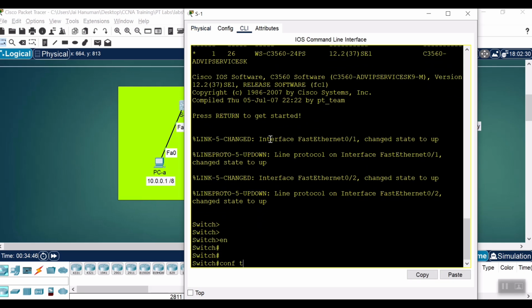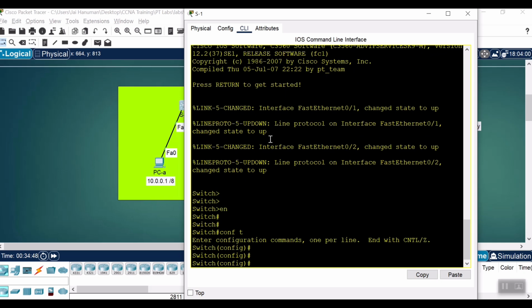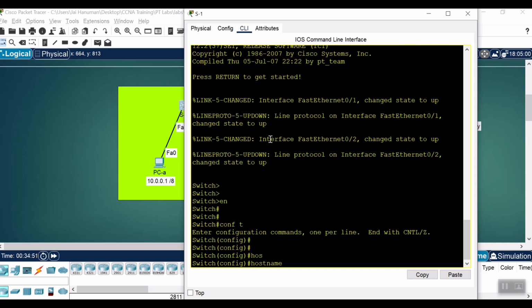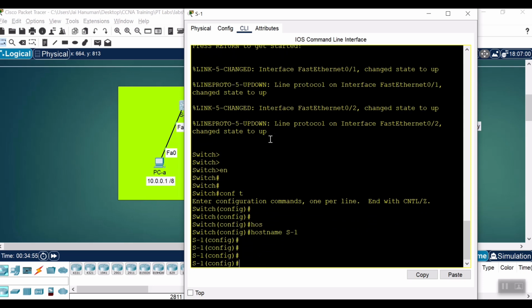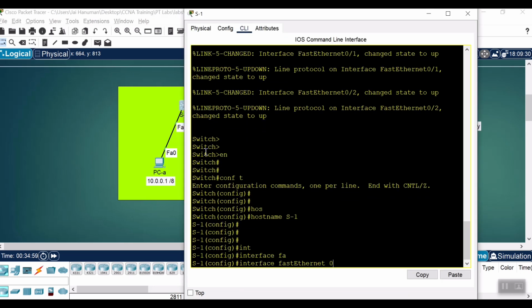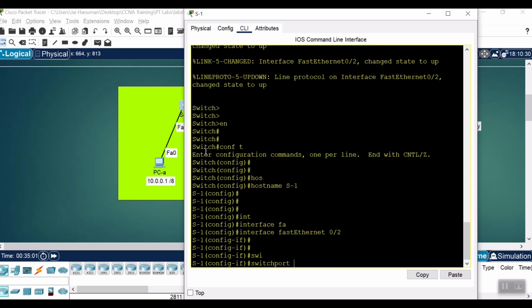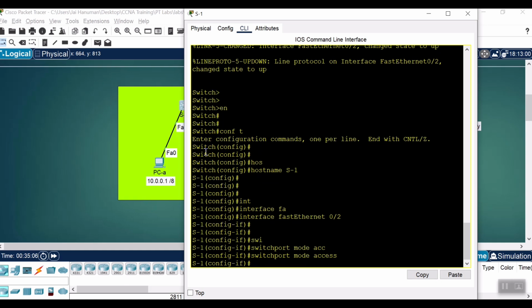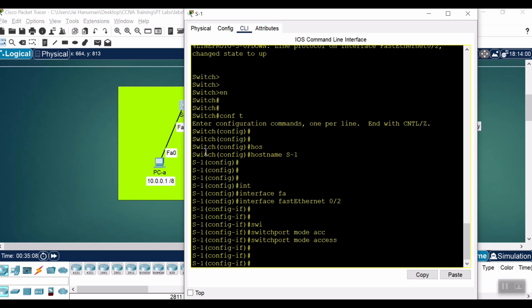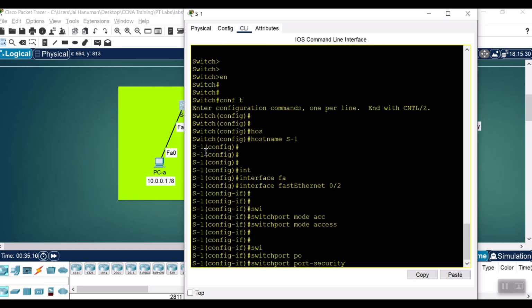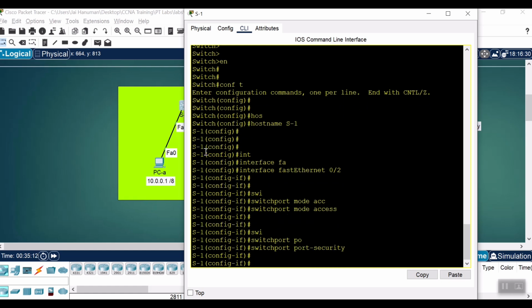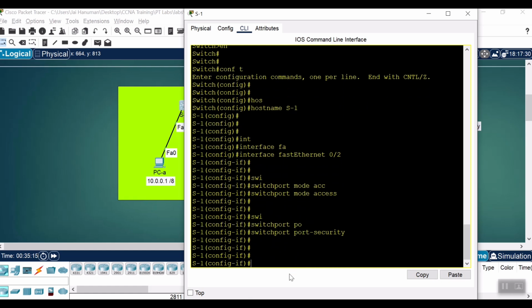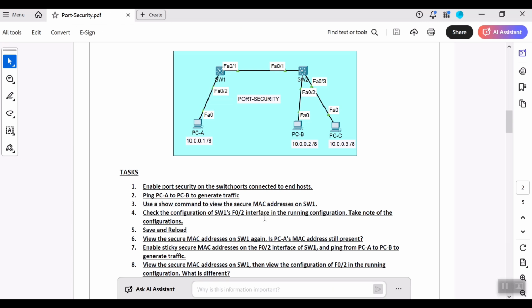let me quickly configure the hostname. Hostname is S1, and interface FastEthernet 0/2, switchport mode access to configure this as an access port, and switchport port-security to enable port security on the interface. Okay,